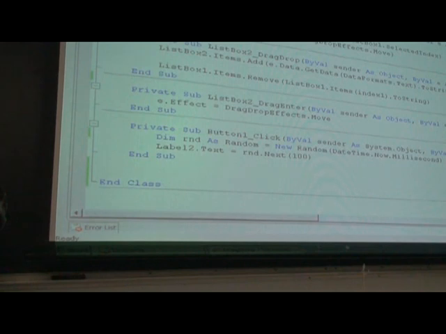Of course, when I click and hold, I basically take the selected index of list box 1, which is the one I just clicked on, and I store it in index 1. Does that make sense? Because index 1 is a variable that's going to last throughout the lifetime of my little program. And then I take the selected index, and I look up the string that it's associated with. So we know